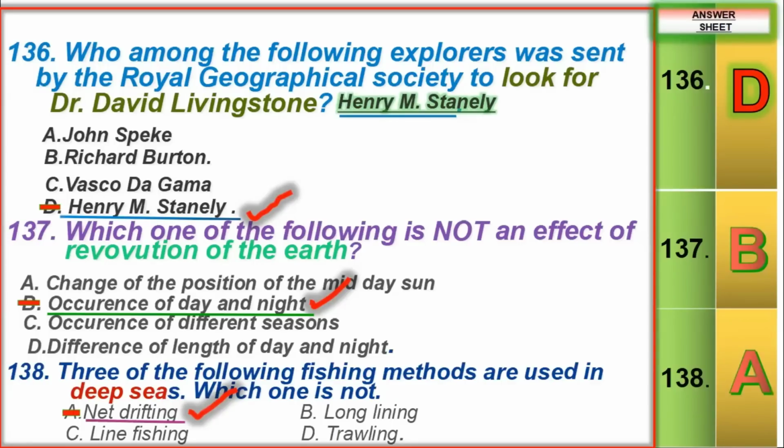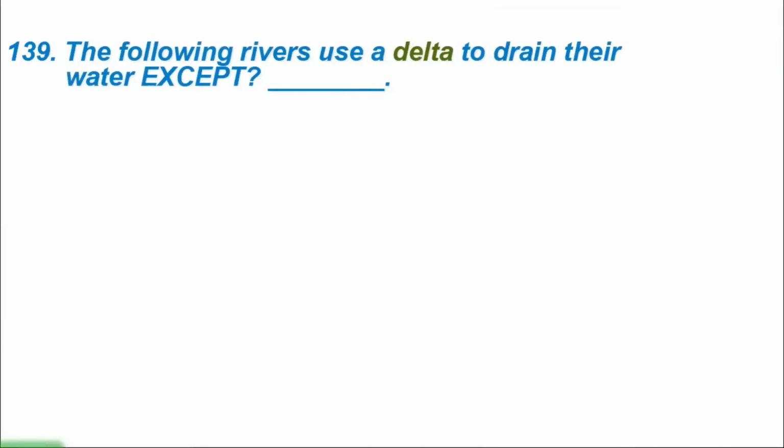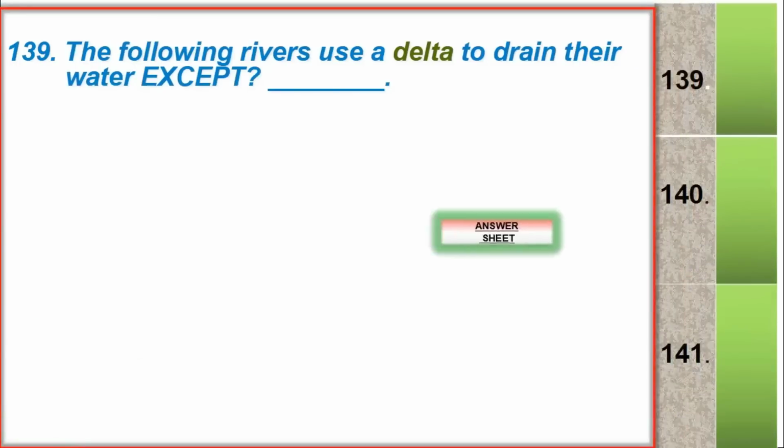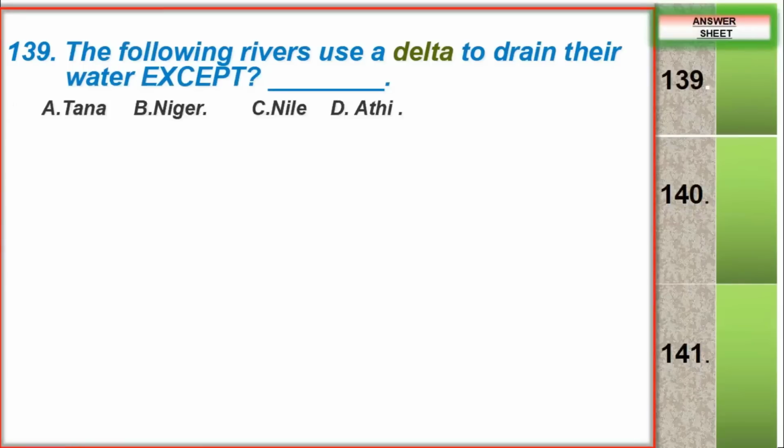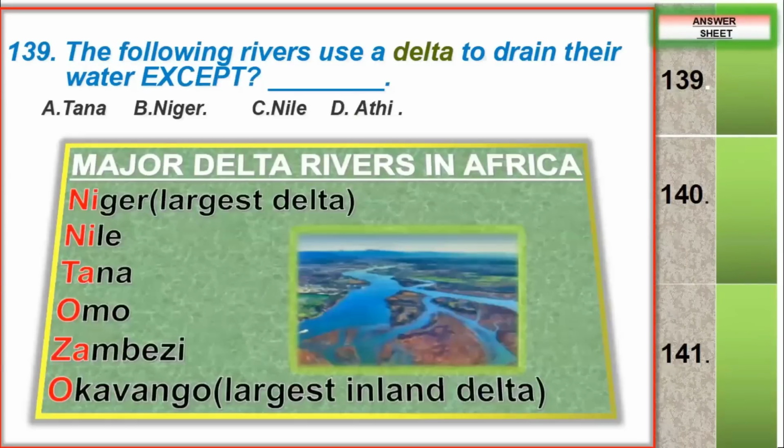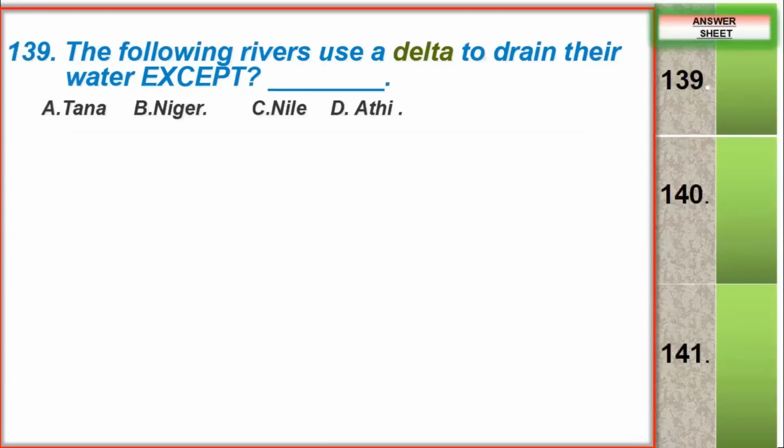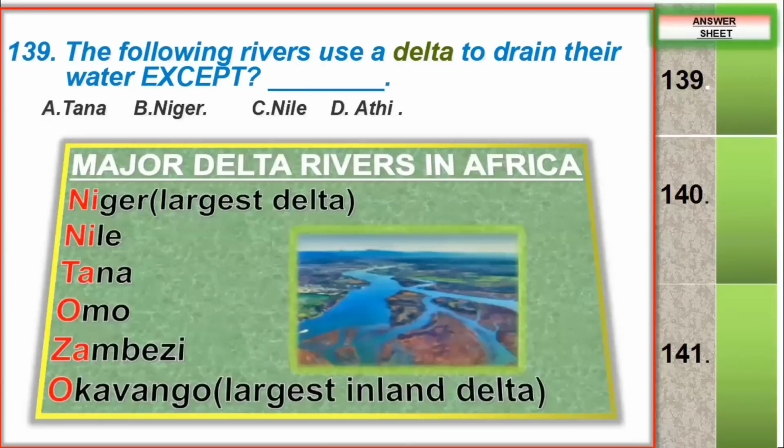Question 139. The following rivers use a delta to drain their water, except. So we have Tana, we have Niger, we have Nile, and Athi. Look at this formula. Nini tao zao. Nini tao zao is a formula for major delta rivers. We have the largest delta is Niger, and there's